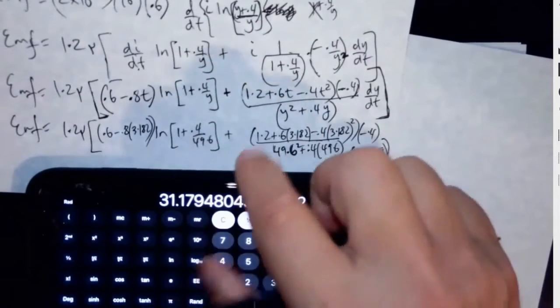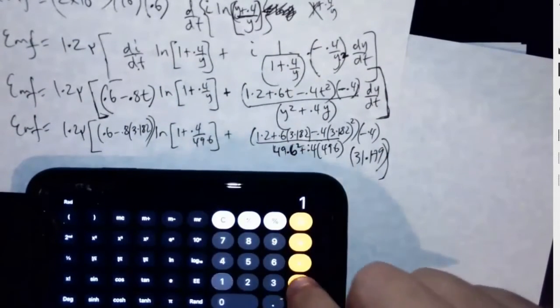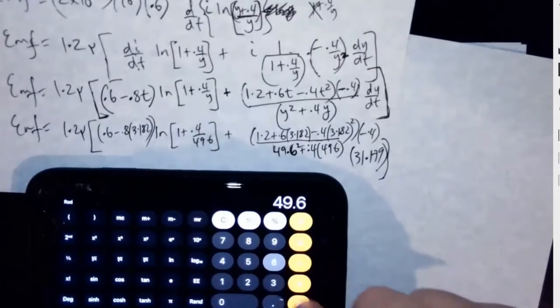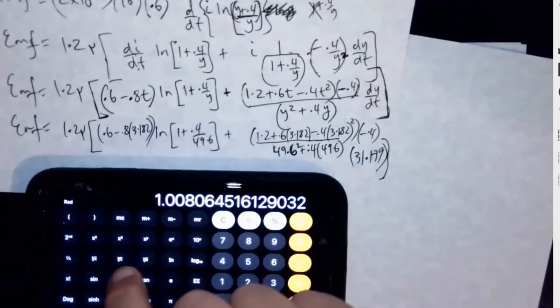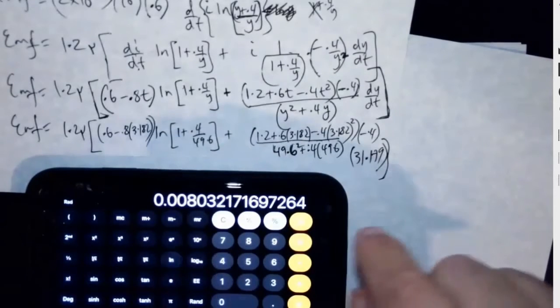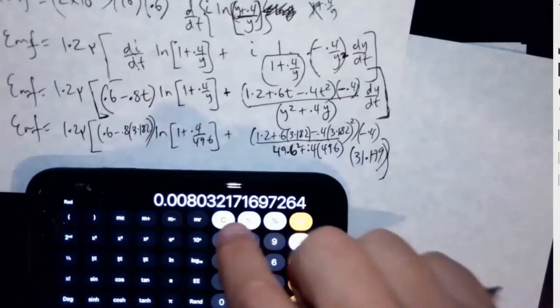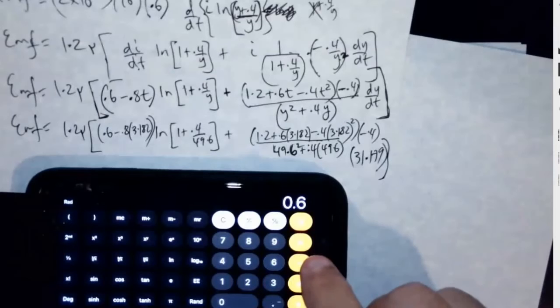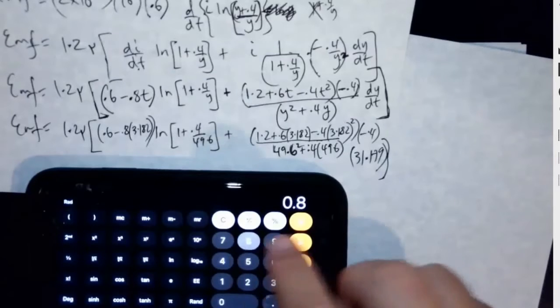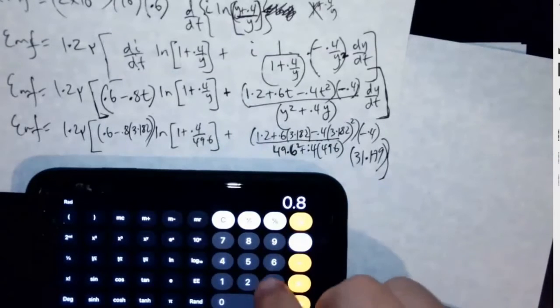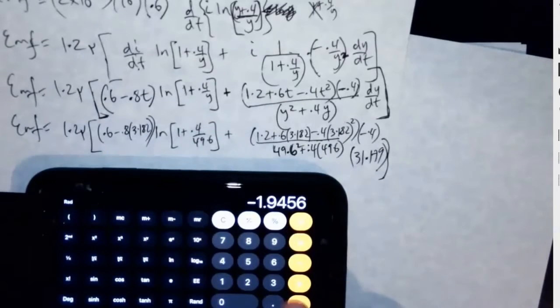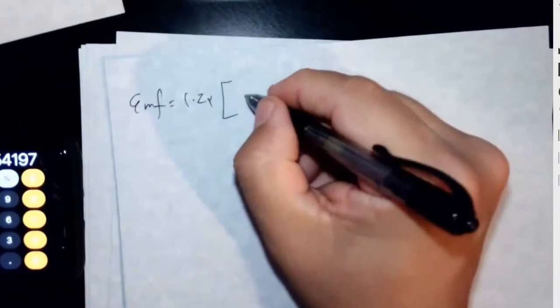So I'm going to do the ln first. 1 plus 0.4 divided by 49.6, ln, times parentheses 0.6 minus 0.8 times 3.182 close parentheses equals. Okay, so then I have negative